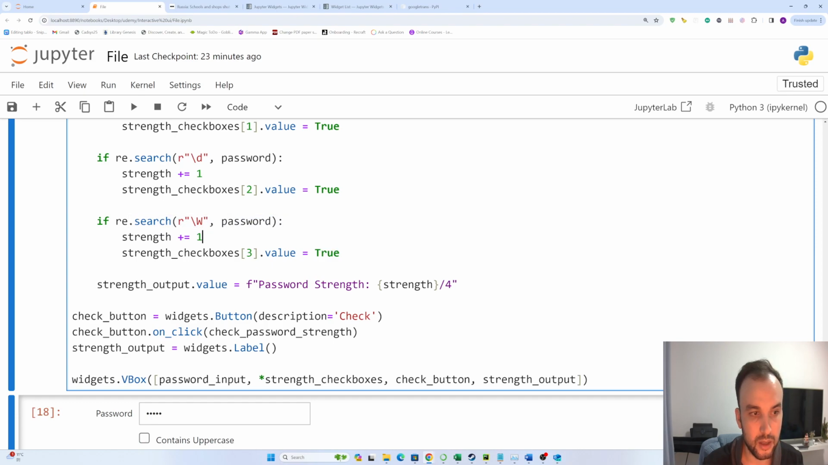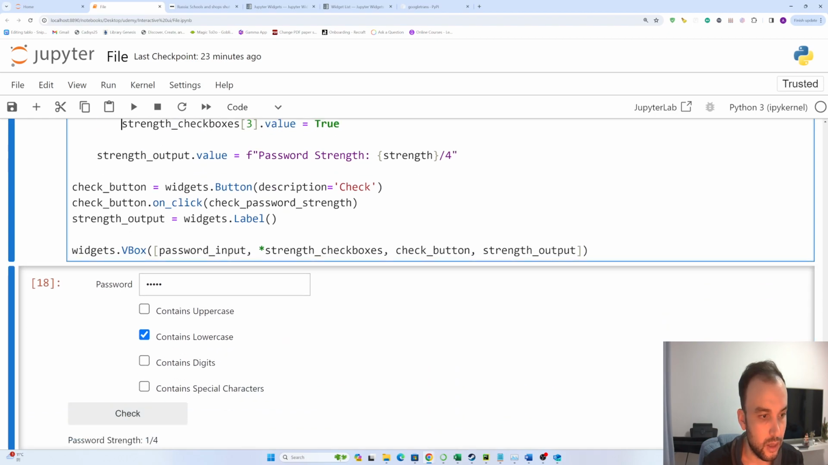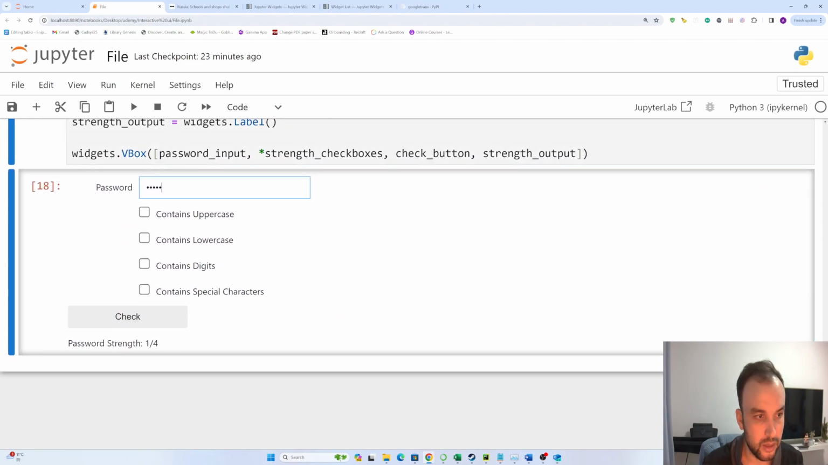And if there are special characters, we are checking is there any special character. If there is, strength plus 1, and the last checkbox will be checked. Okay, and then we are seeing here, I wrote hello, it's checked. But if I delete this one and write hello with uppercase,